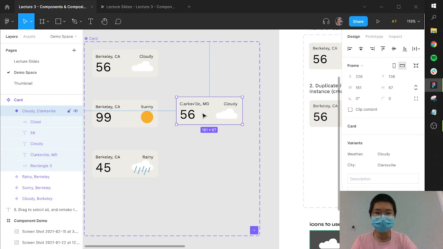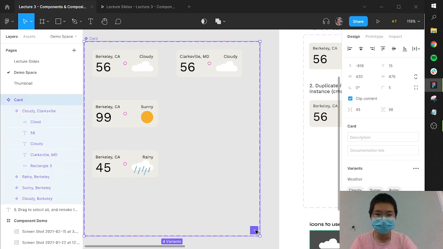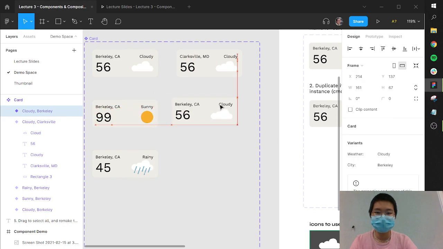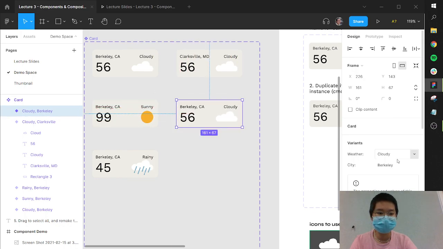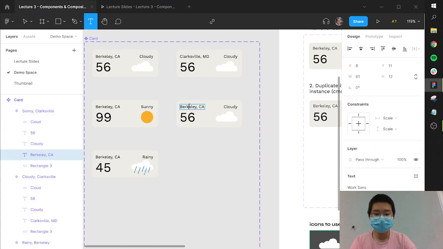Or actually, what I'm going to do, oh geez, I'm going to click the plus sign again. So when I click the plus sign, it's going to put it there for some reason. And then I'm going to change it to be not cloudy Berkeley, but instead sunny Clarksville. And I have to make those edits as well. So I'm not going to walk through all of that just to save time, but one other thing that I